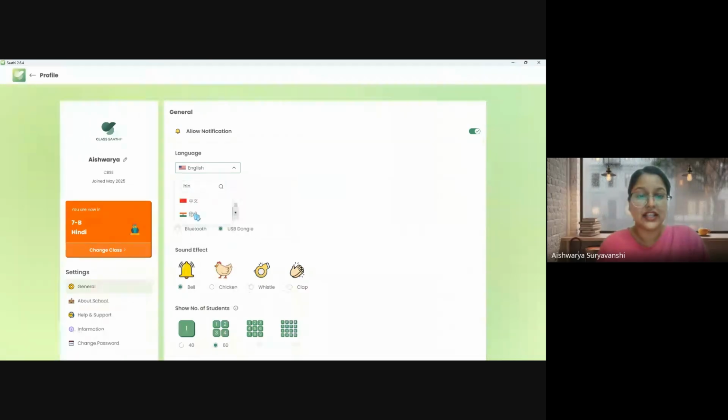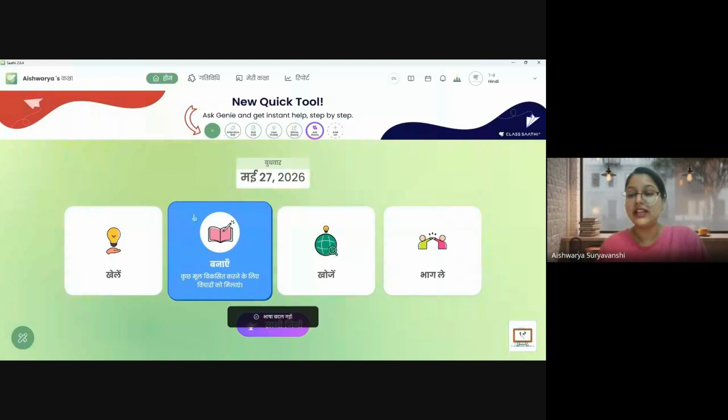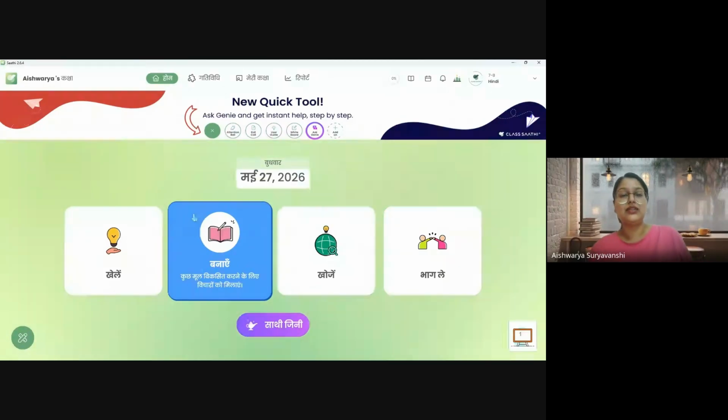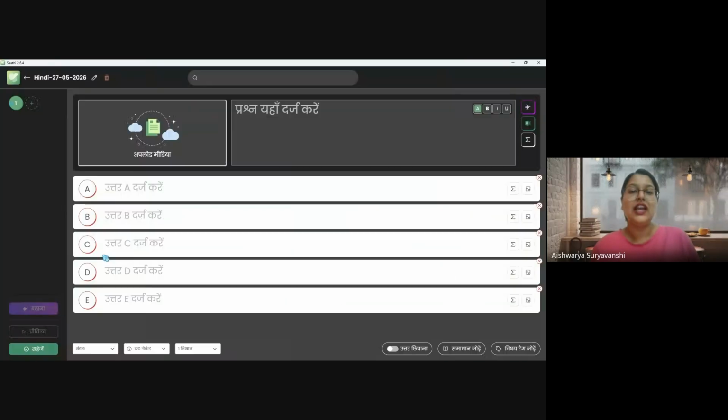So I will select Hindi. What this does is it makes the entire application into Hindi. Now that I have Hindi with me, I can start creating questions. In the quiz option, if I generate any questions using AI, using all the different features that we have, those questions are going to be in Hindi.